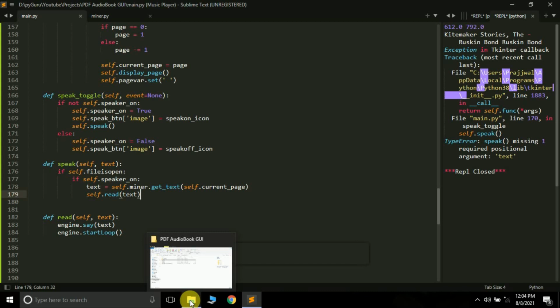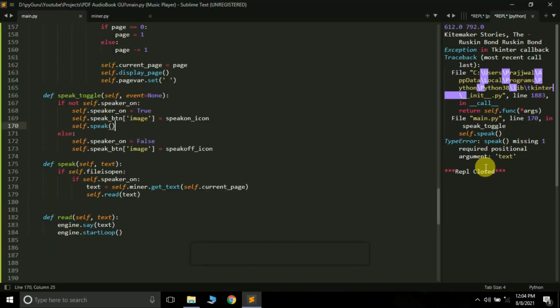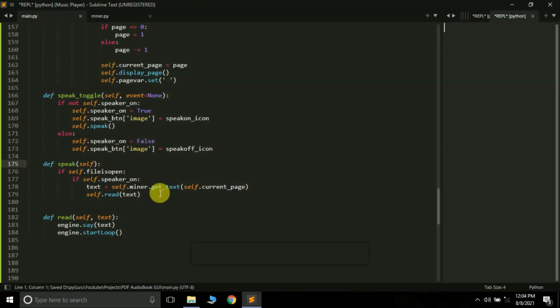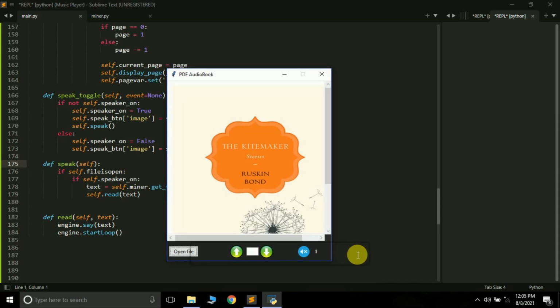We have to call the speak here, and there's some error. My fault actually, it should not be text this one. If I run this now, it should work fine. I guess it's not speaking currently.